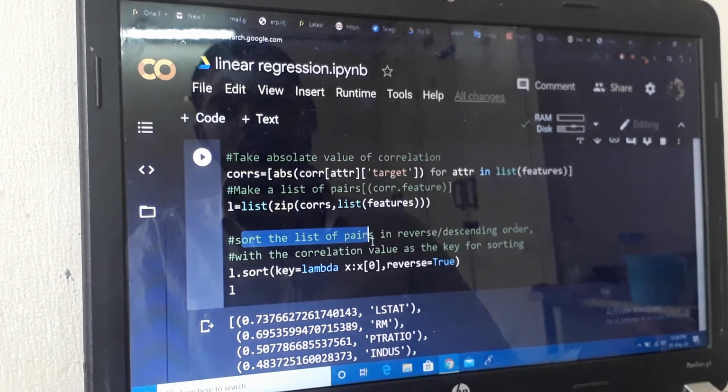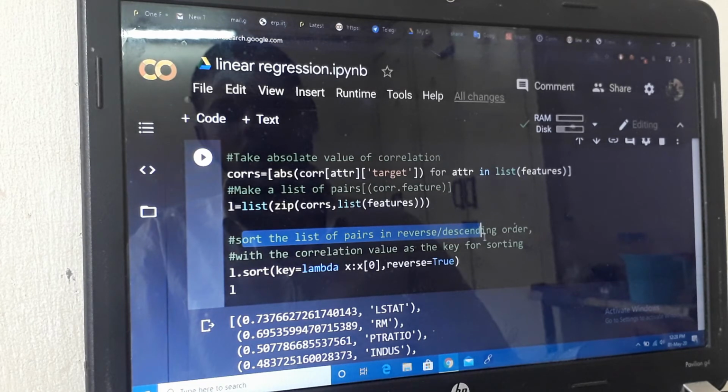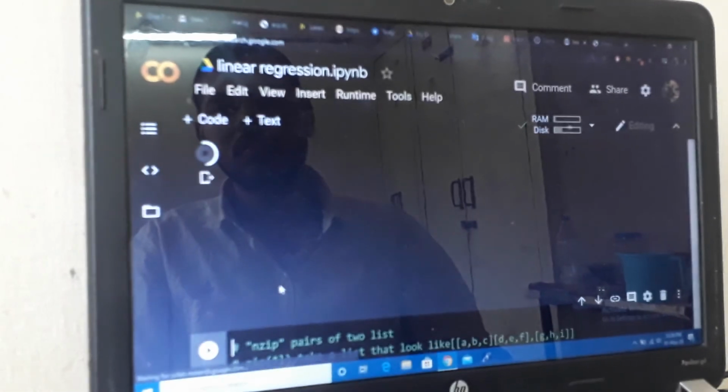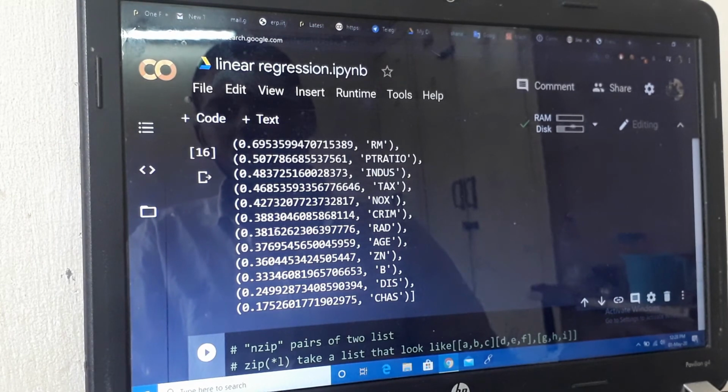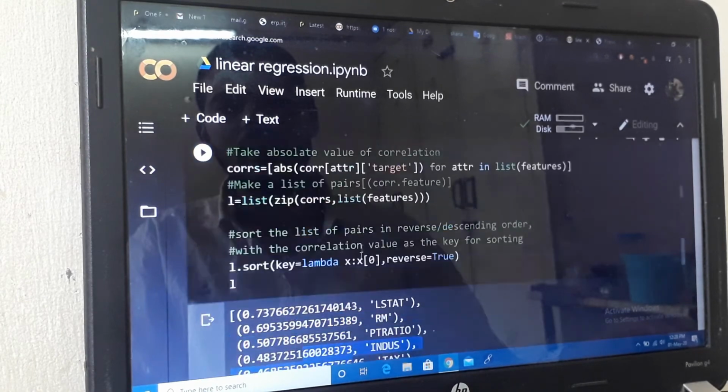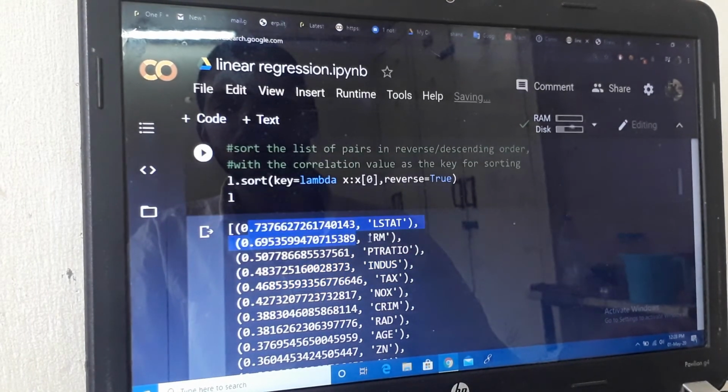Sorting by default is in ascending order, and then you can use the sort function with key lambda, an anonymous key function, x[0] start, and reverse is true. Then after you execute it, it will give the result as key and value pairs. It is not single; everything comes in pair values.